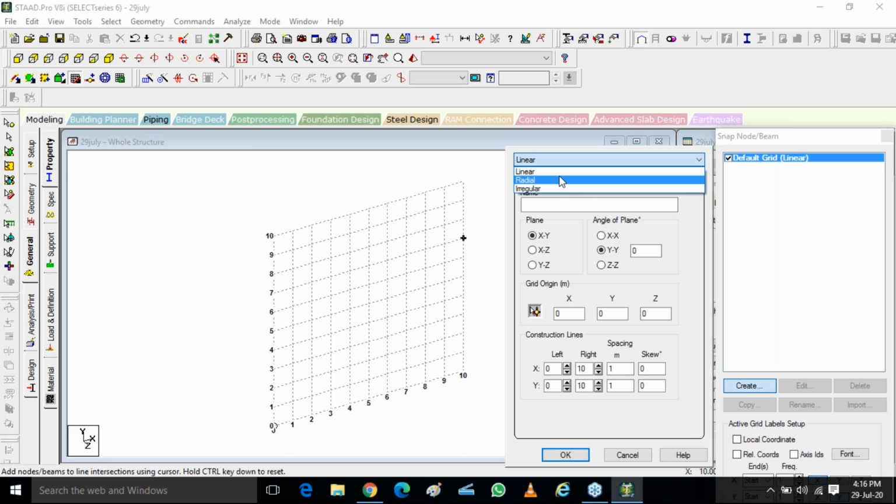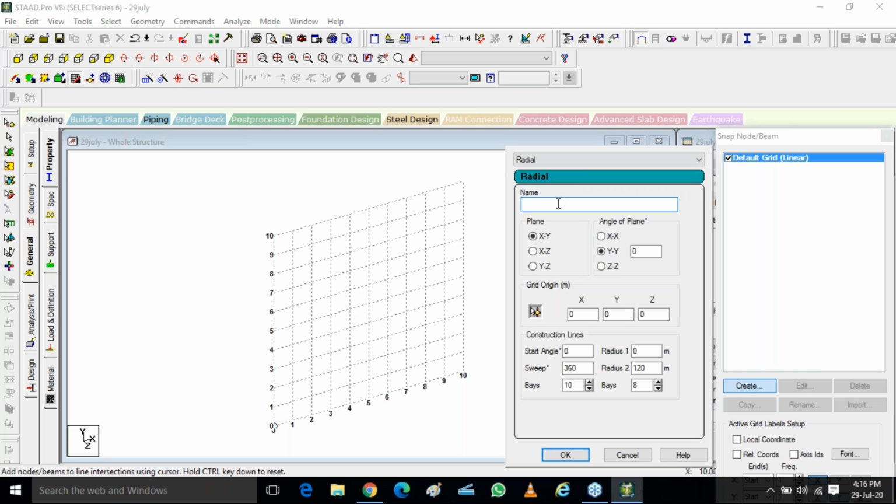I'll create a radial coordinate, put the name str staircase. I'll keep these 0. I want to keep it in x and z planes. Now, very important, I will use a rotation for this. I will use z in rotation, 60° in z for rotation.